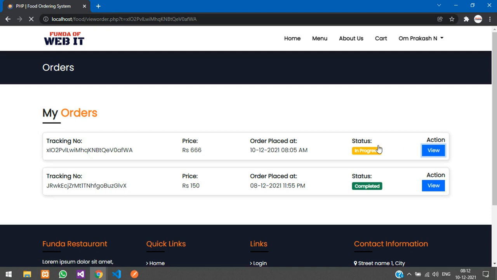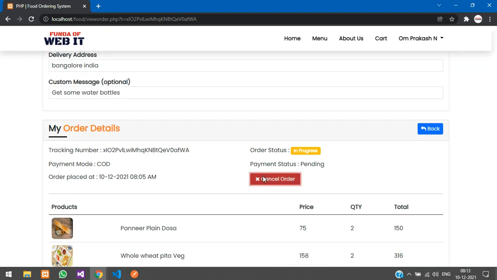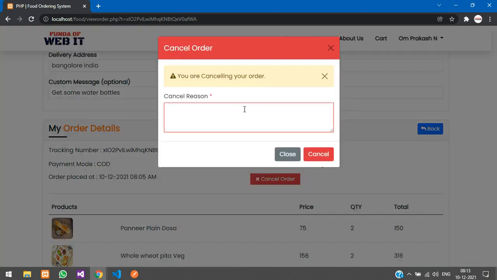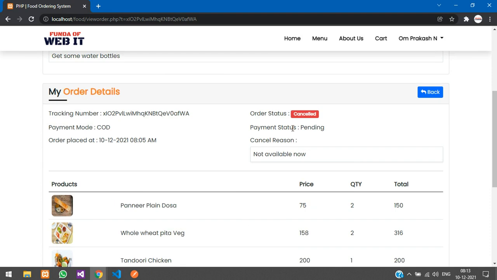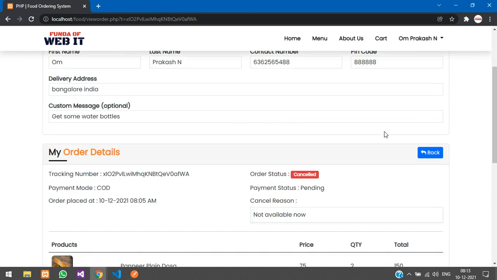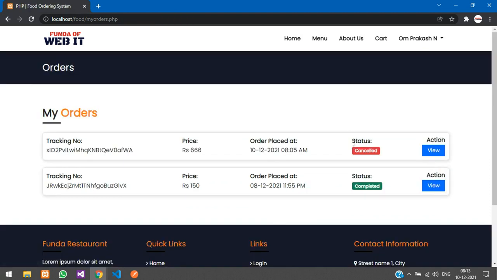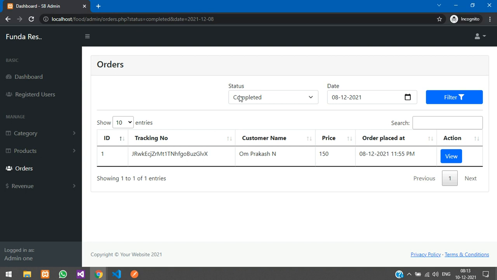Now let us cancel this order, cancel, cancel reason: not available now. Yeah, let me say cancel, order cancelled, and here you can see cancelled and the cancel reason is specified over here. When you go back, you can see it's over here, order cancelled. So in the admin dashboard,